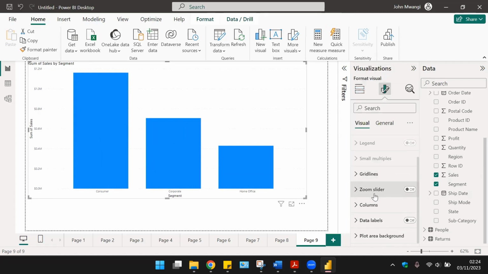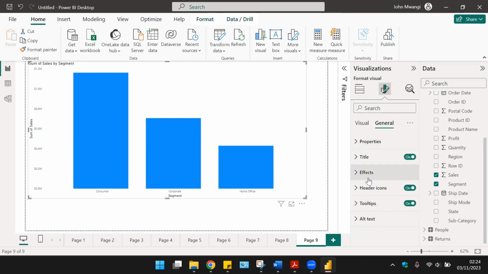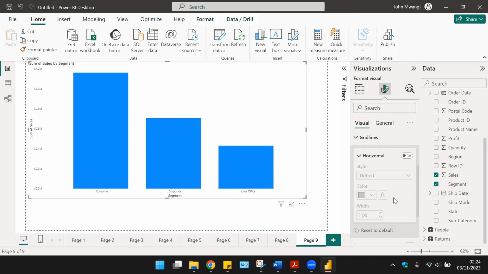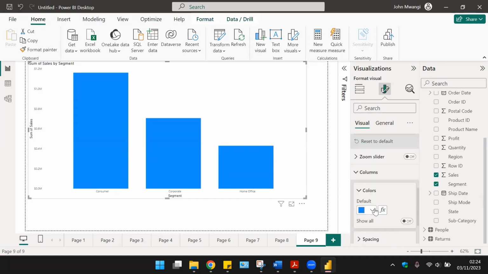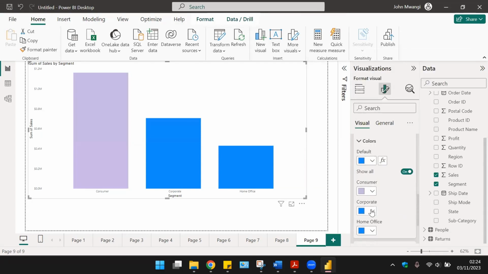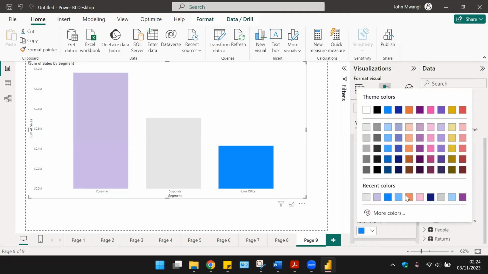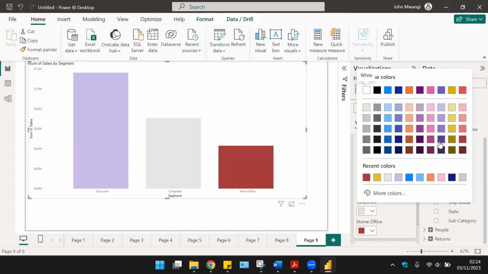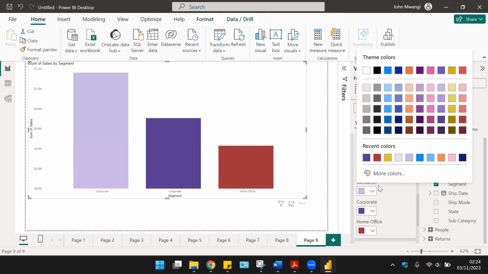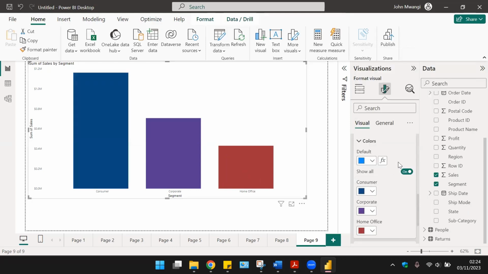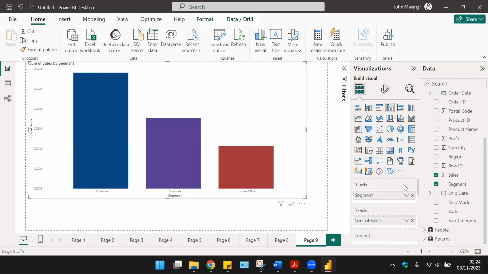In this case, we can go down, remove the filters, go to general, change the title, or go to this and change the colors. We can say we want to change the color for each. Let's use more distinctive colors, and let's have dark blue. That's our chart. And then let's go back to this, and we also want to represent regions data in this